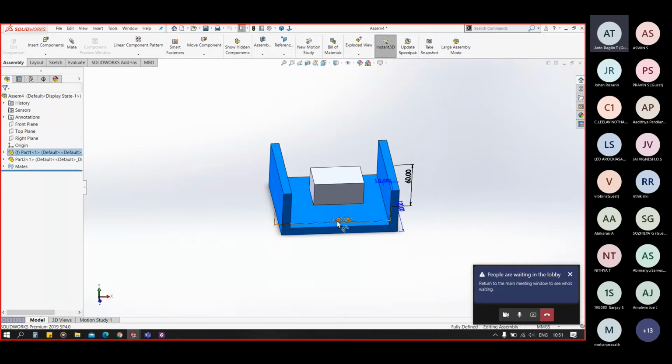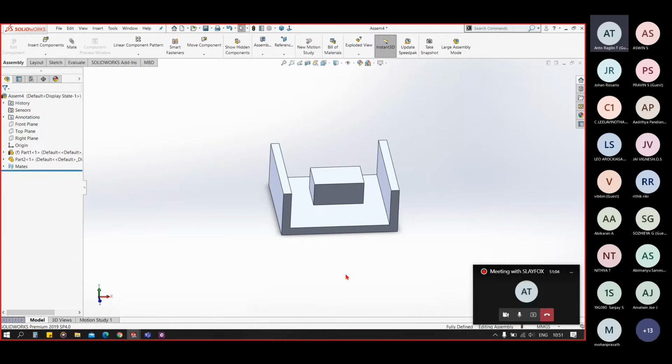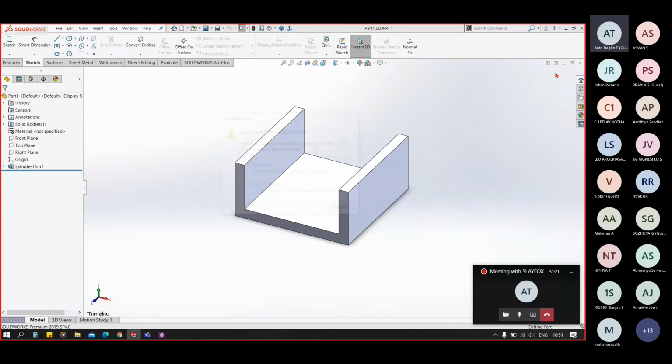Now let's say I remember this is not 140, this is 120, and if I change it, it will be at the exact center position again. So this is the benefit of using width mate, and this is the width mate. Okay. Okay, sir.